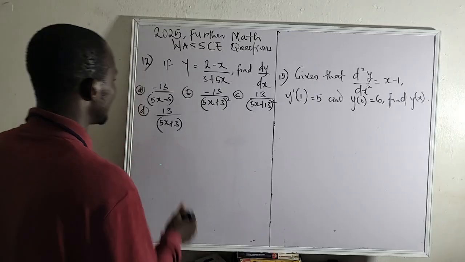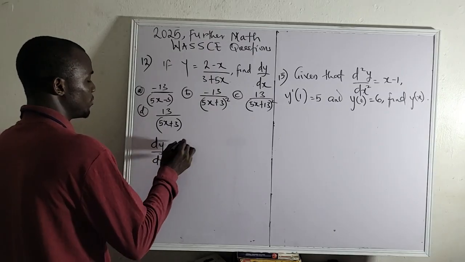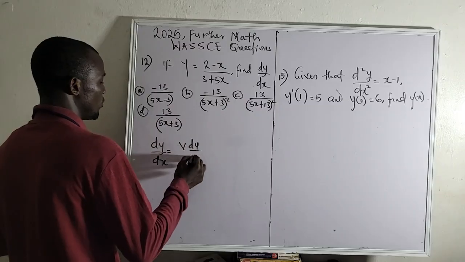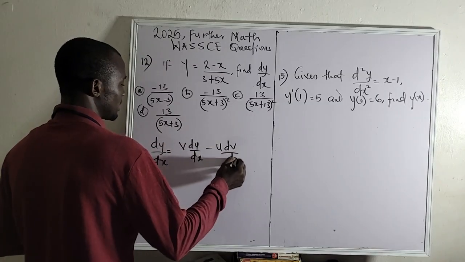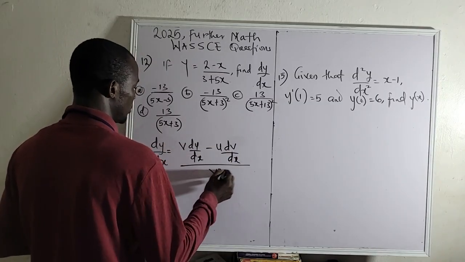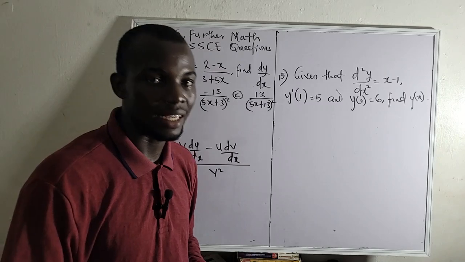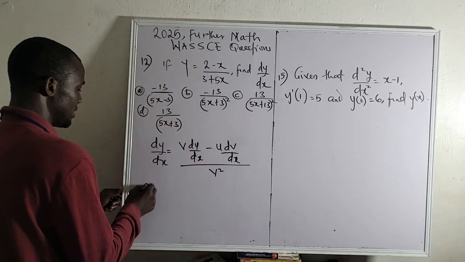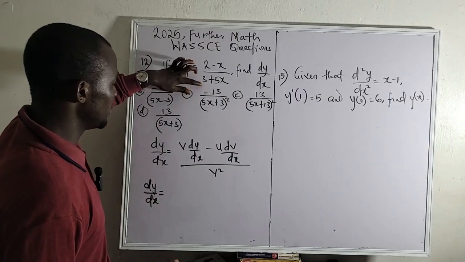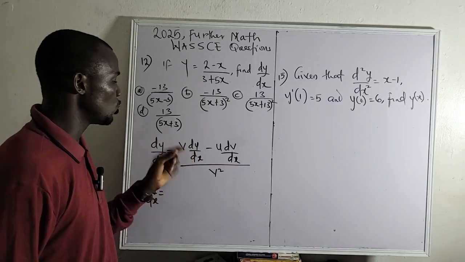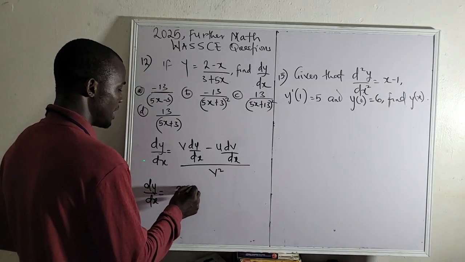The quotient rule says that for dy over dx, you will have v du over dx minus u dv over dx, all divided by v squared. Now, these v and u are functions of x. Now, if we go ahead, our dy over dx would be, this is your v. In this particular place, you are meant to keep it constant. So we just write it as 3 plus 5x